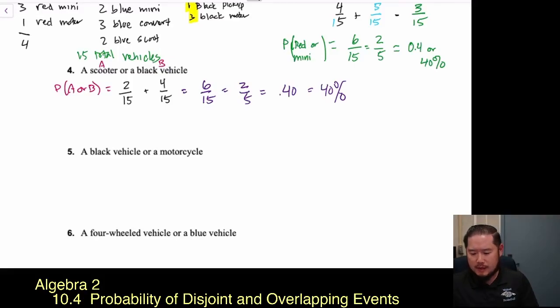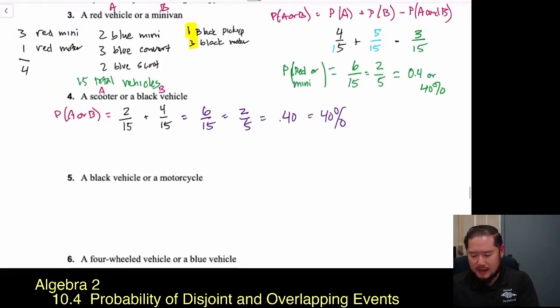Let's take a look at problem number 5. So this one right here, we have the probability of a black vehicle or a motorcycle. And so let's check this, put it all together. Black vehicle will be event A, motorcycle will be event B. So the probability of that black vehicle we have looks like is,